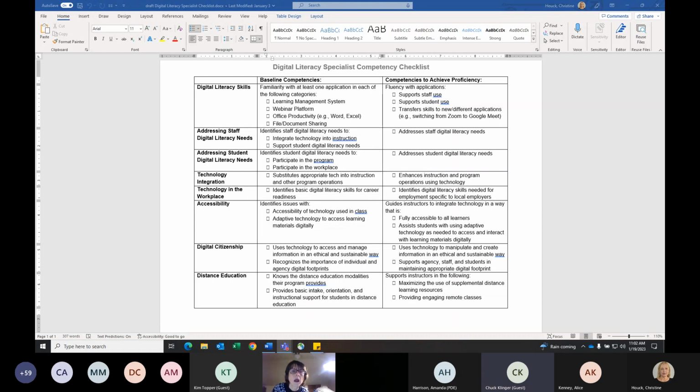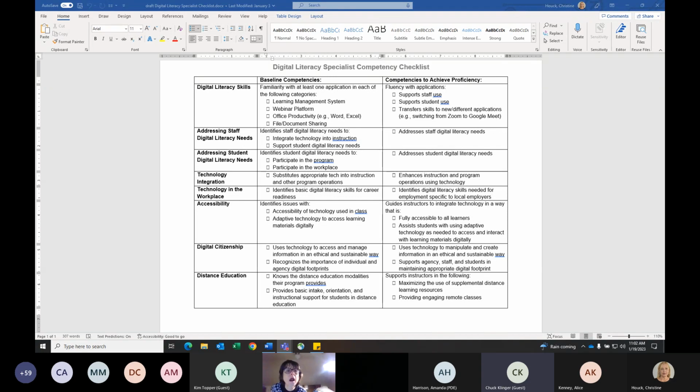This is a further draft, so this is probably a little different than what we'd shared with the digital literacy specialists, and I believe they're working on a final version that's gone through all of the rigor that it needs to go through before it's an official document. But this just gives you a little opportunity to see what the content looks like. And these are more areas that we feel the digital literacy specialists should be able to address within your program.